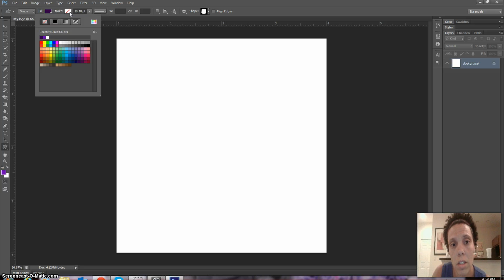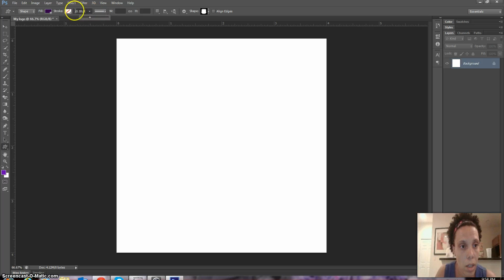So that's if you want the shape to have, think of a heart. If you were drawing a heart and you wanted the inside of the heart to be red and the outside to have a black line around it, that's what the stroke is. It's kind of like the outline of the shape. And this right here, the size, where mine is set to 10, that's the thickness of the line